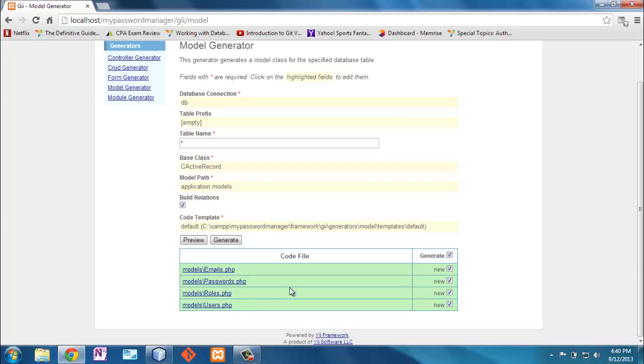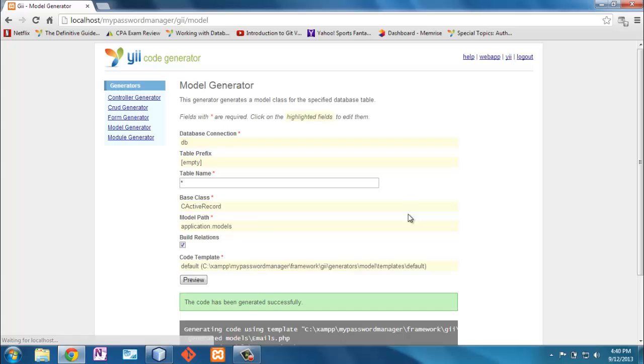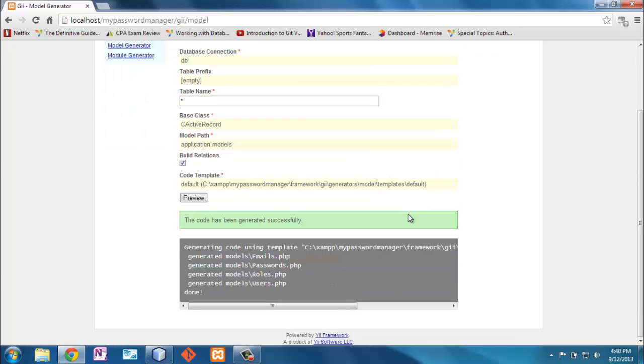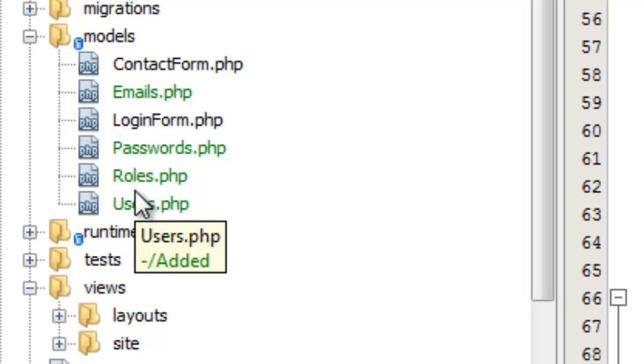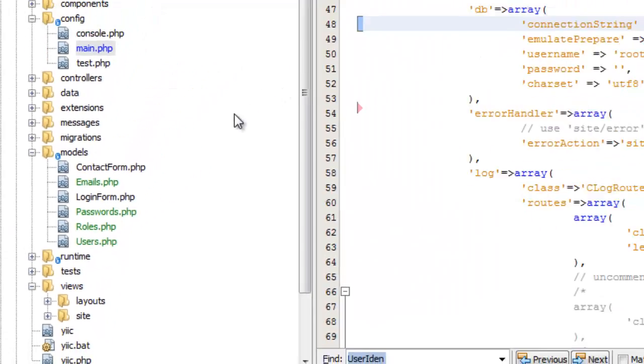Now I don't have to build models for these, but I'm going to. And it's as easy as that. I've generated the models. Let's go back and look and see if they were created. Yep, I got emails, passwords, roles, and users. All new files that were added here. Well, I've created the models,